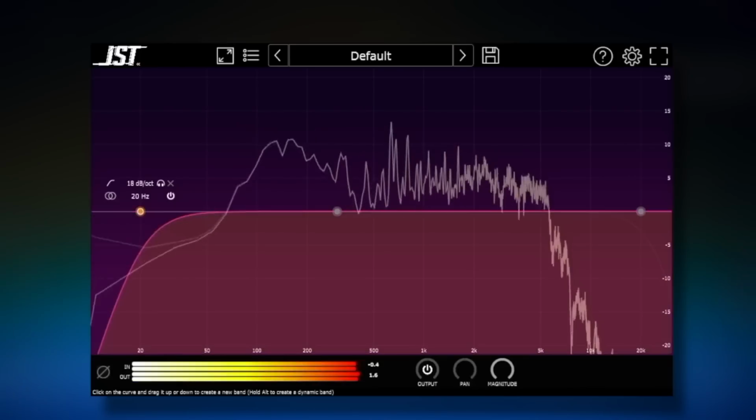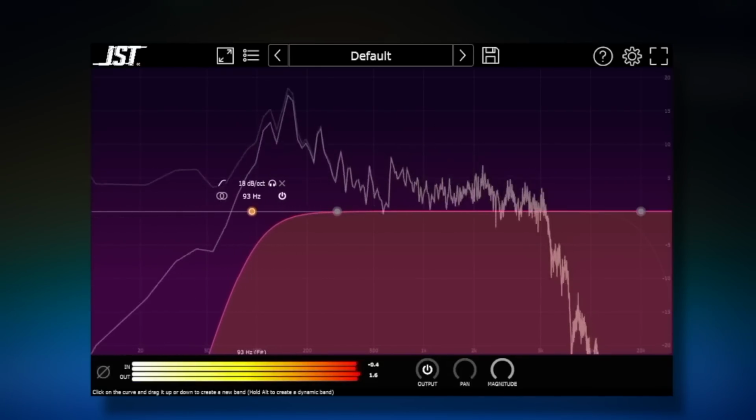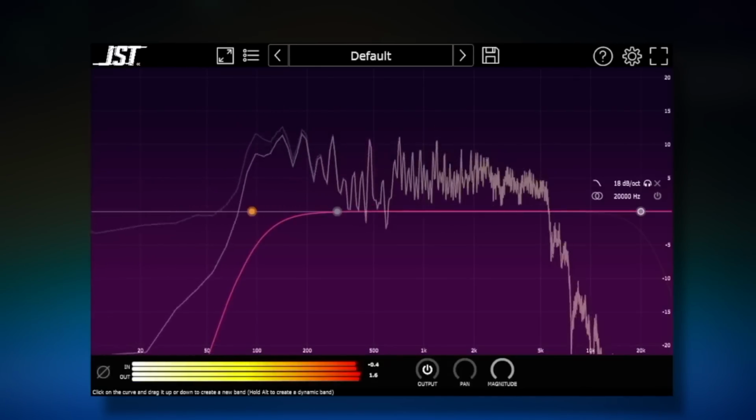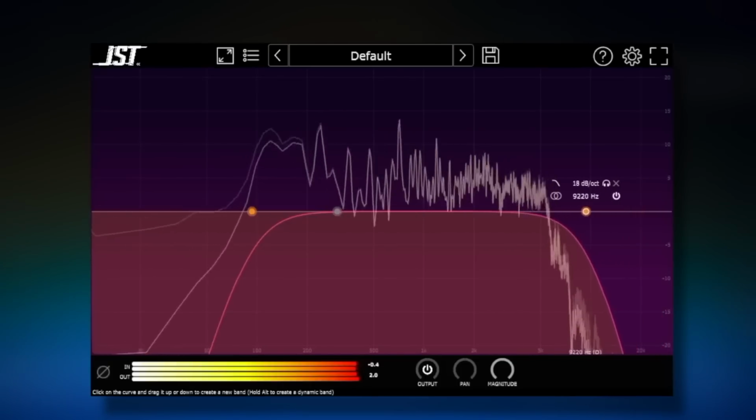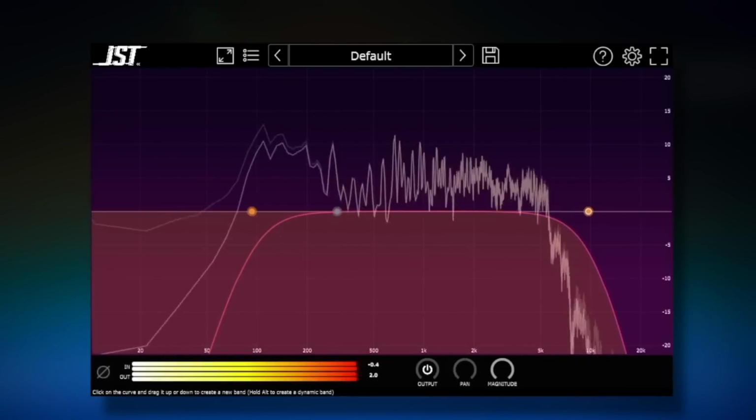One thing I really don't wanna waste one of my topics on this time is high passing and low passing. High pass your guitars anywhere from 80 to 100 hertz and low pass them anywhere from 10 to 12K whenever you're dealing with heavy music. Let's move on. So frequency number 1,